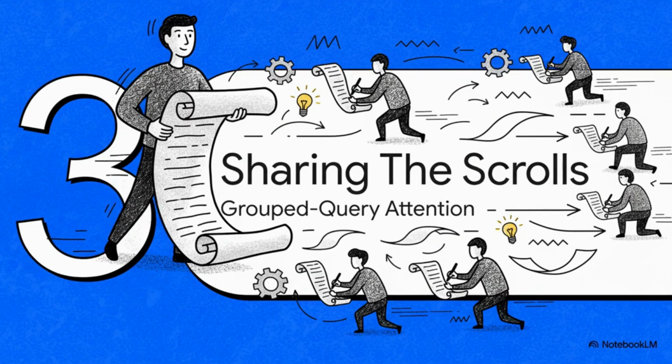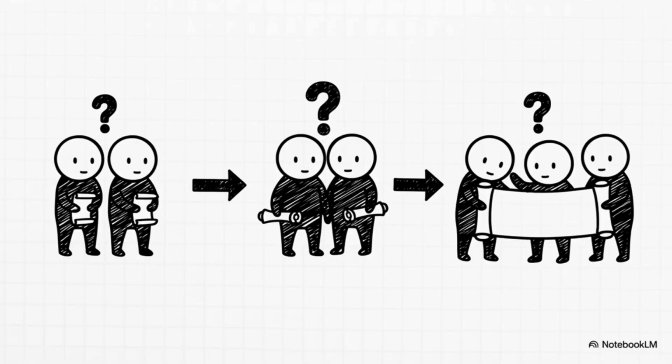Okay, so the magical scroll is a total game changer, but we can push this even further. What happens when our storyteller gets a whole team of assistants to help write different parts of the story even faster? Well, this is where the whole thing levels up and the optimization gets even more clever. In a real AI model, these assistants are called attention heads, and each one is looking at the story from a slightly different angle. Maybe one focuses on grammar, another on character arcs, but they all need to know the